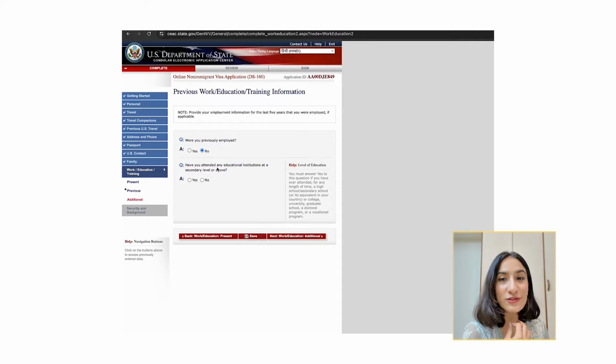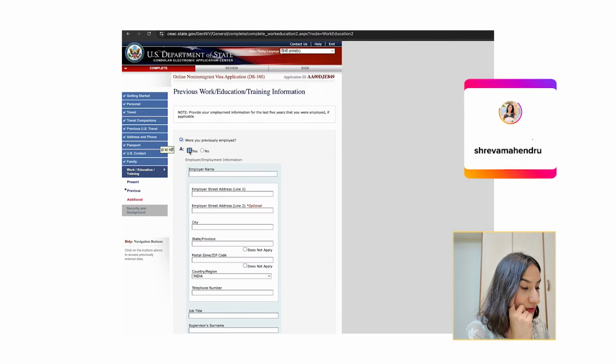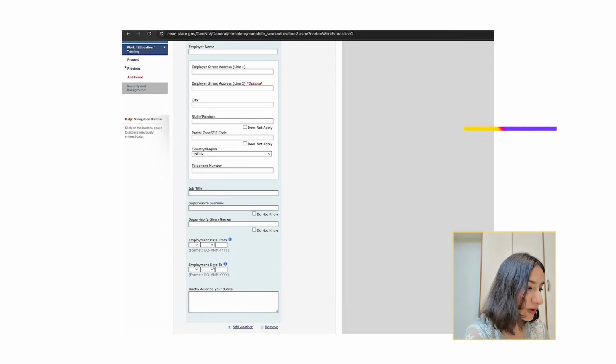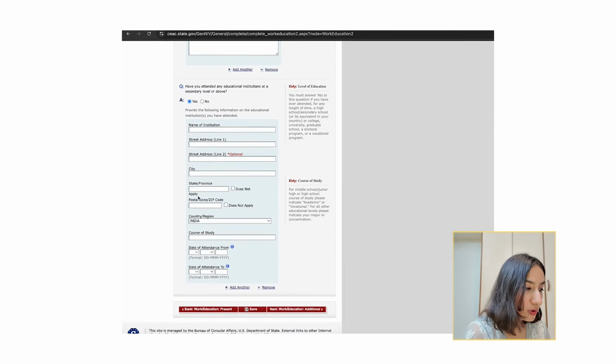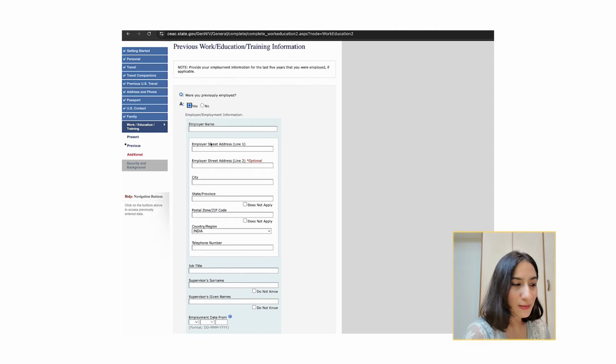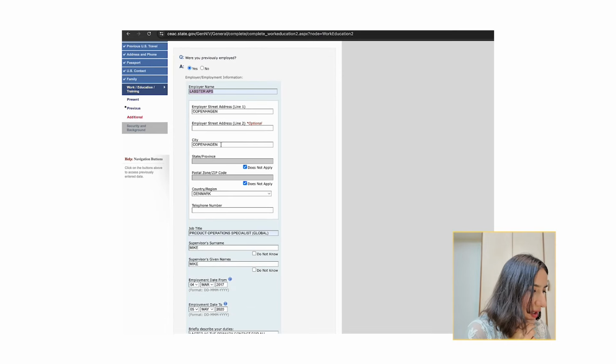For me, this was huge because I had like 5, 6, 7 whatever things to list here. So I wrote all of that in detail. I have to give the details of my employer's address as well, the phone number, the dates when I worked there. It's exhausting, but you have to do all of this, even if you have to go for just 2 days to the US. Anyhow, we continue, and I put all the details here.